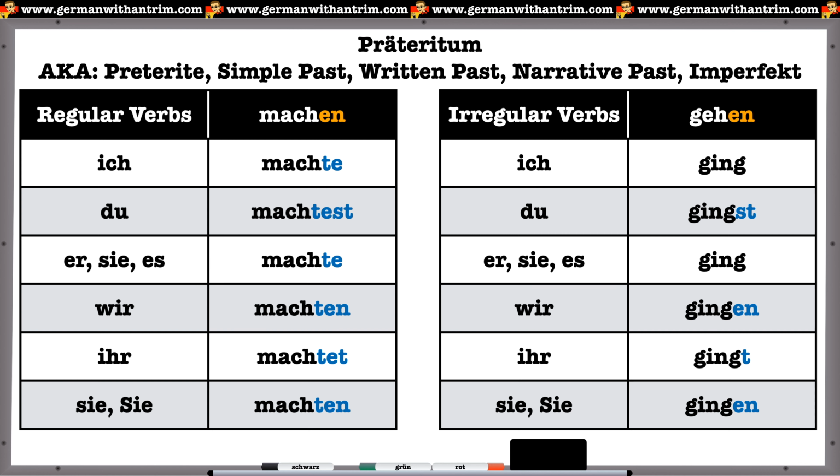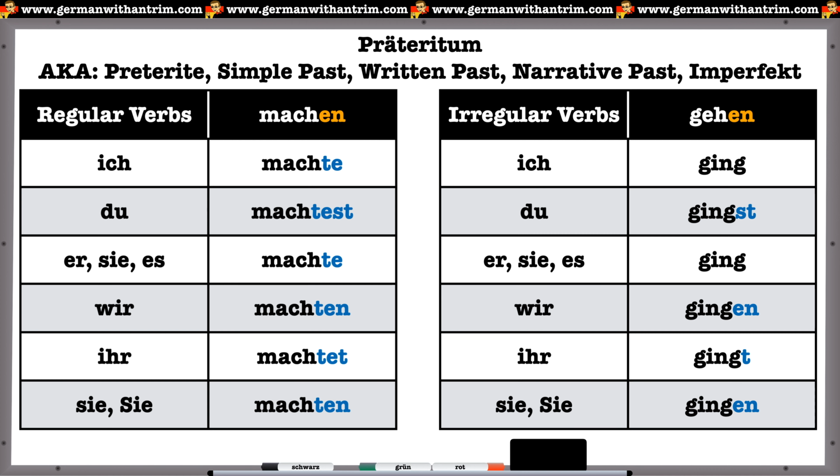This tense also uses only one verb at a time, meaning that it's not a form of haben and a past participle like it is with the perfect, but that's why we call it the simple past tense sometimes. I'm going to call it the Präteritum just because that's the word that I've chosen this week to use, but I do often call it the simple past or the written past whenever I'm teaching in classes.